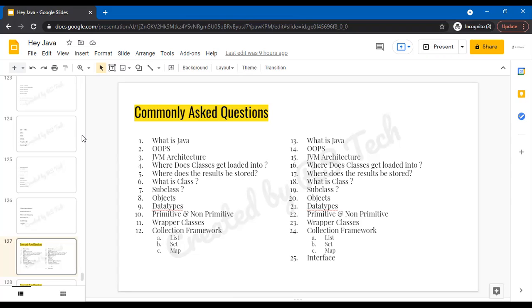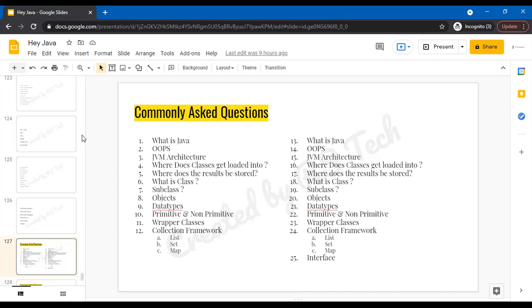And OOPS is an object-oriented programming structure. So abstraction, encapsulation, polymorphism, and inheritance. And JVM architecture, there is a complete video on it. JVM architecture and class loaders, how the class structures are loaded. So JVM architecture means you have to speak about the class loader, a few key points.